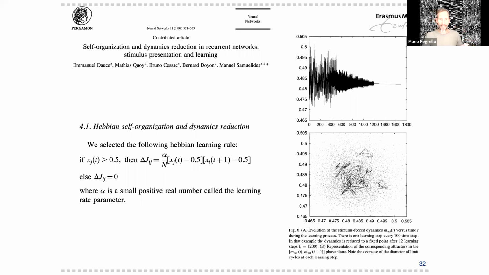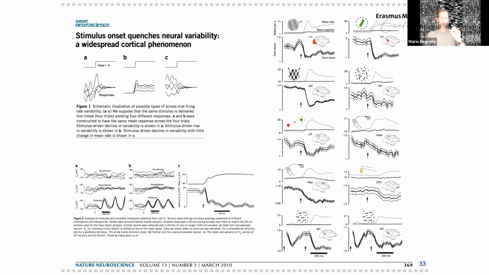And the beauty is that years later, this is a paper in 2010, so it's 11 years later, that theoretical result has been then validated by this important paper in Nature Neuroscience, in which people show that stimulus onset quenches neuronal